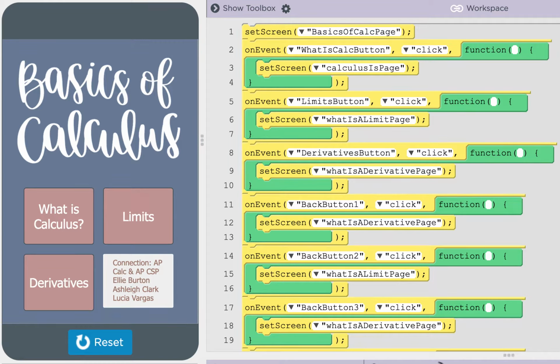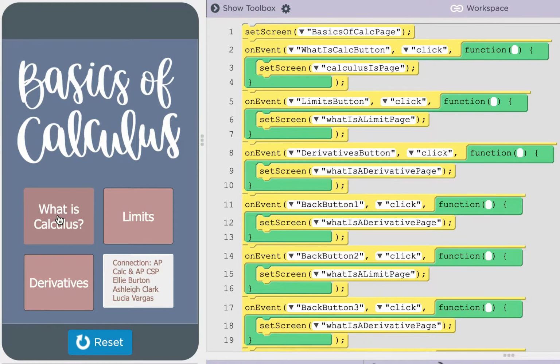Calculus and computer science principles, I made a little web app that explains the basics of calculus. First I'm just going to run through the app and show everything it does, and then I'll get more into the connection. So this is the home screen, and the first section of the app is just what is